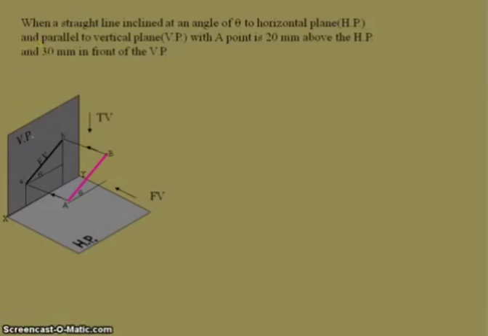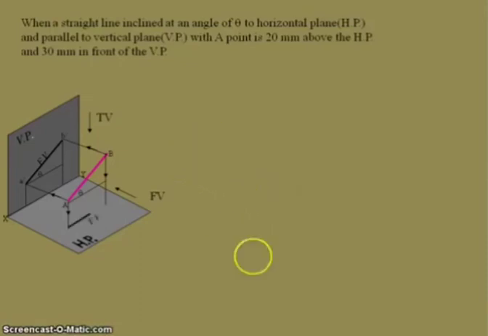In that case, when we observe in top view, we cannot see the true length of the straight line. We can see a straight line with a certain reduced length. That reduced length is obtained by the inclined position we have given. The arrow marks represent how the straight line appears. In the top view we can see the straight line with a reduced length. That means we cannot see the true length in the top view. So that is the condition here.